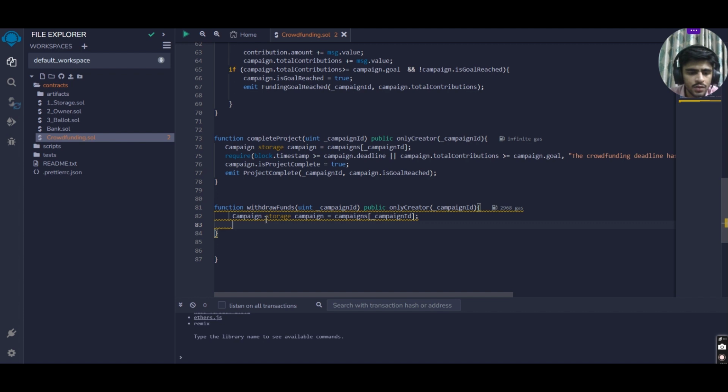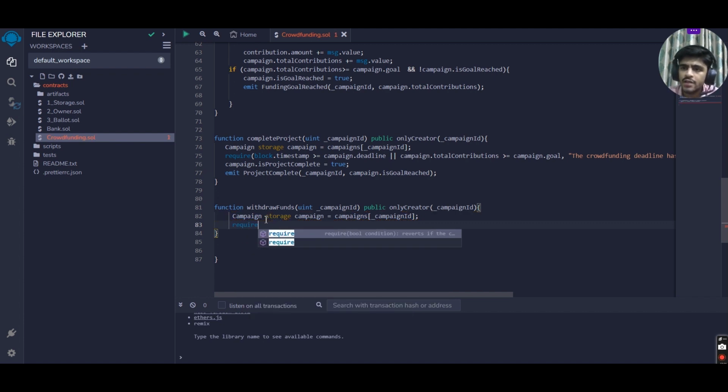And access it. Let us add some require conditions: the project should have been marked completed, and the funds should not have been withdrawn. Otherwise, the user would be able to withdraw the funds again and again. If we keep only a single check that the project has been completed, and the smart contract has sufficient balance,